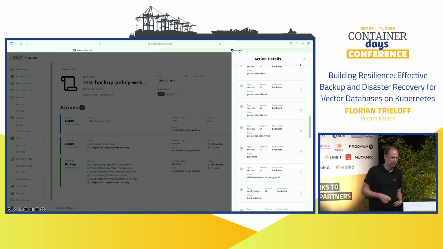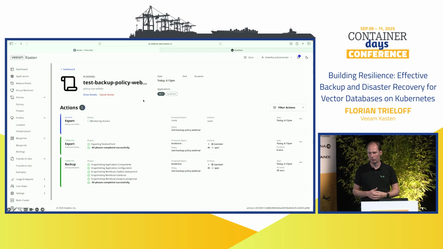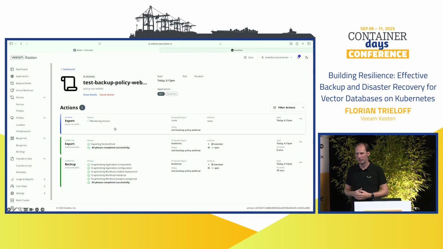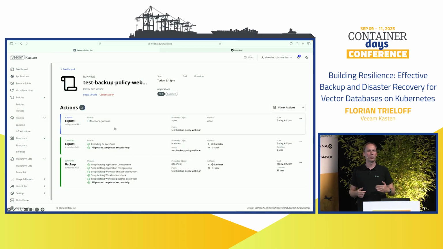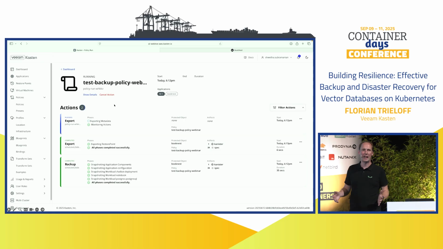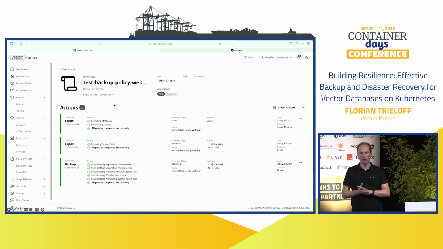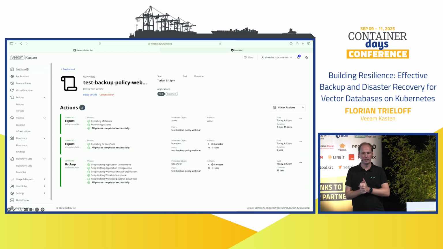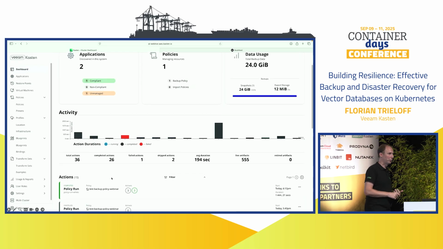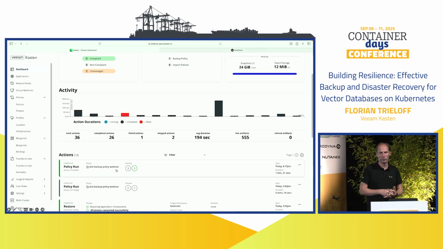There's nearly no data inside, so this is a really small application here, and we are writing all this to the backup target here. The result is we have a restore point, and now if something happens, you are able, hopefully, to restore your application here. And something bad can happen all the time.